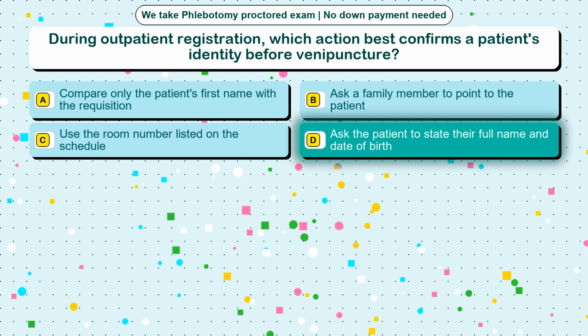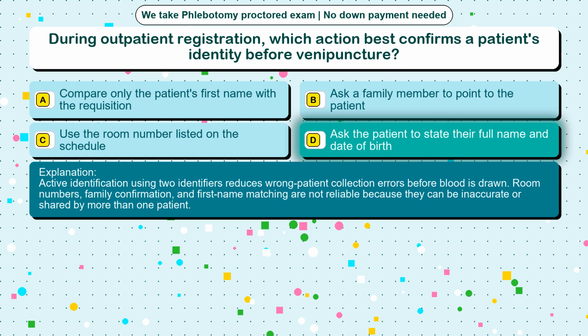The correct answer is option D. Ask the patient to state their full name and date of birth. Active identification using two identifiers reduces wrong patient collection errors before blood is drawn. Room numbers, family confirmation, and first name matching are not reliable because they can be inaccurate or shared by more